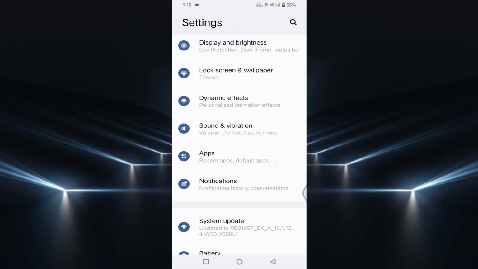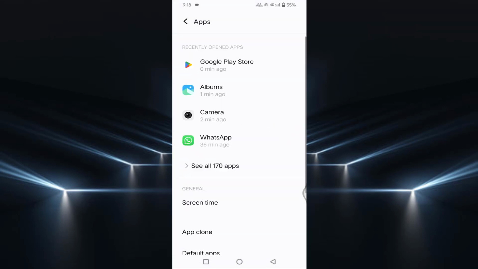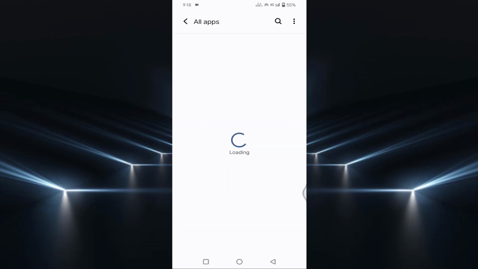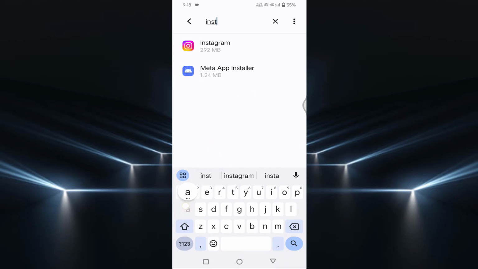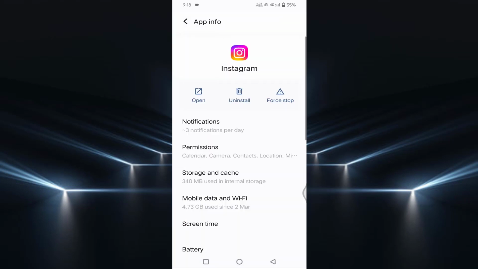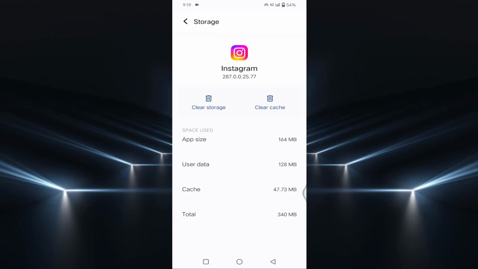scroll down a little bit, tap on apps, tap on see all apps, then search for Instagram. Tap on Instagram, tap on storage and cache. Once you tap on clear cache,